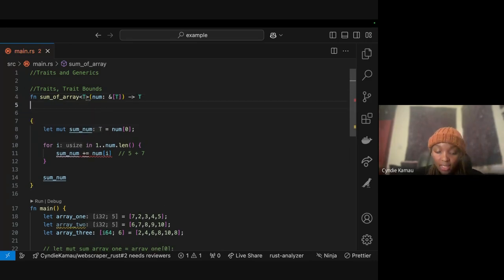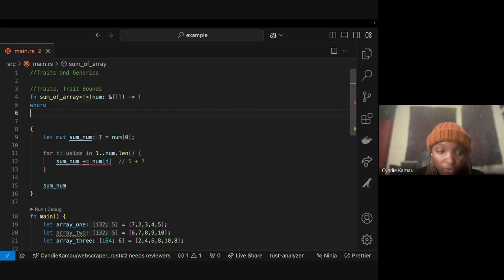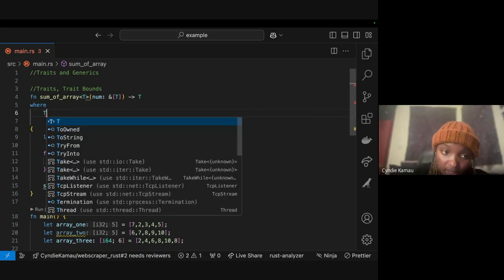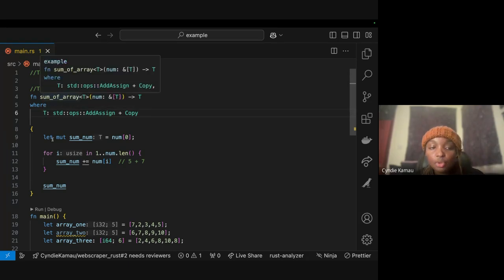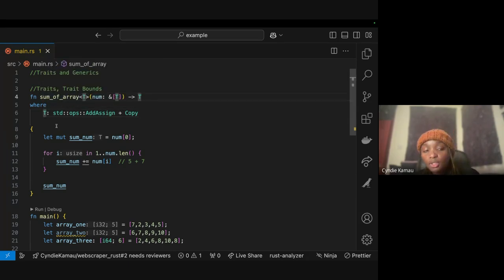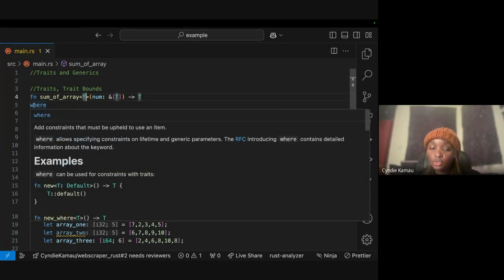So this is why you use another keyword we call where. It's like you're giving it more information, introducing the trait bounds. So you can say where T. This is just another way of writing it, based on how you feel like writing it. If you want your code to be more compressed, you just put all the trait bounds here. But if you have a lot of requirements which you need your type to fulfill, you can use the where clause, like you're just adding constraints. Yes, so this is what we use in trait bounds.